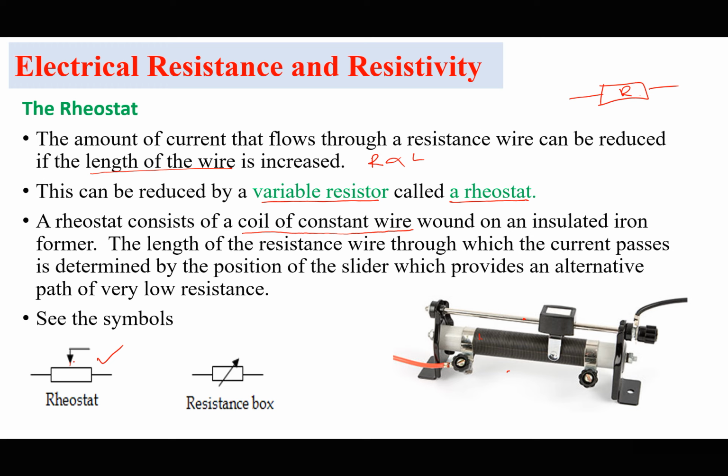So I can represent a rheostat like this, or even like this. This can also be a rheostat because it is a variable resistor. But this one is better because this arrow here indicates that the fixed resistor or the resistance wire, its resistance can be varied by just moving the sliding contact. So this is how we draw a rheostat in a circuit, or you can even use this one here to represent a rheostat, but this is most likely going to be a variable resistor